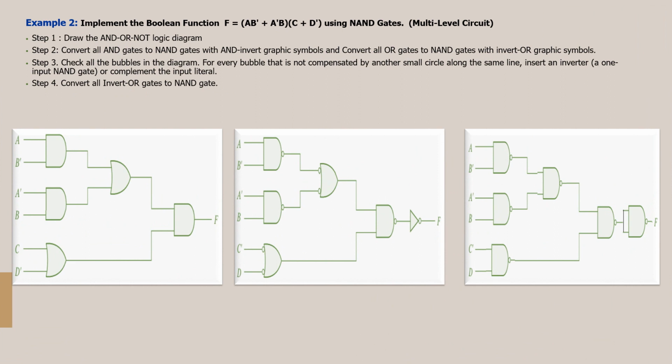Then this is an example for the implementation using the NAND gate. The same procedure we have to follow. First draw the AOI logic diagram, add a bubble to the output of the AND gate and add a bubble to the input of the OR gate, do bubble compensation and finally represent all gates as NAND. So these are the steps to follow to implement the Boolean expression using